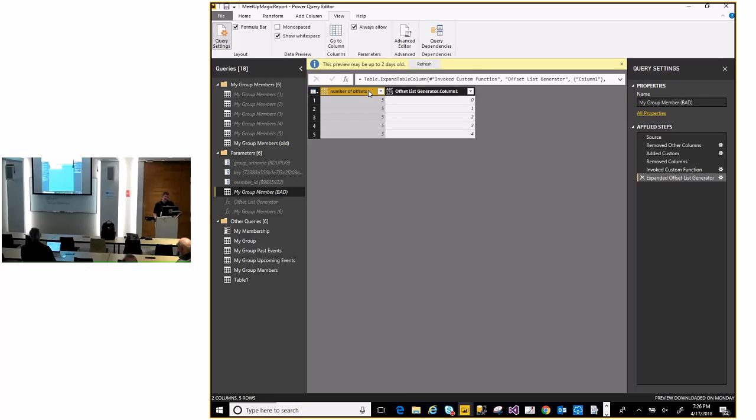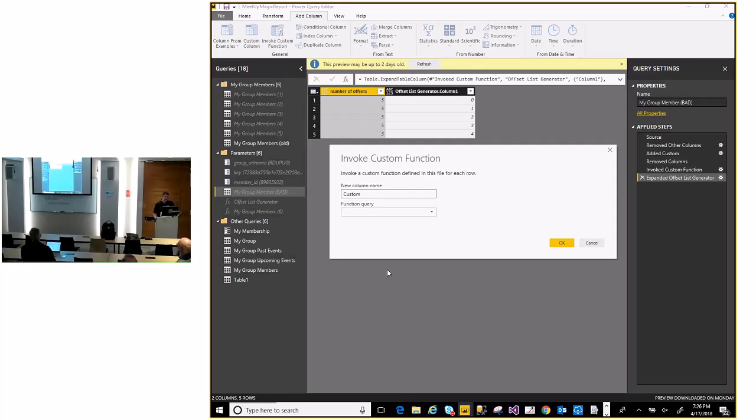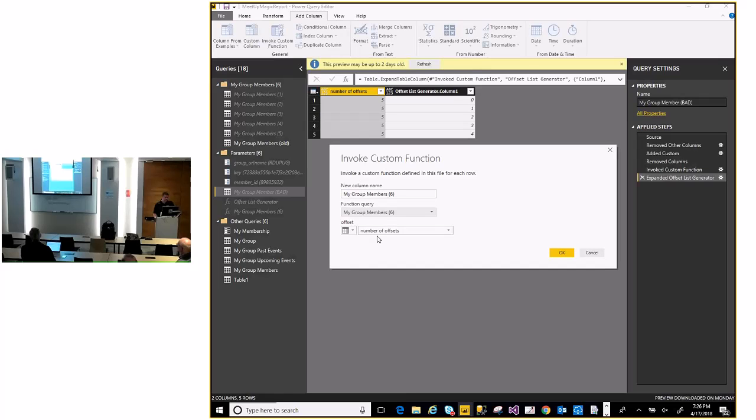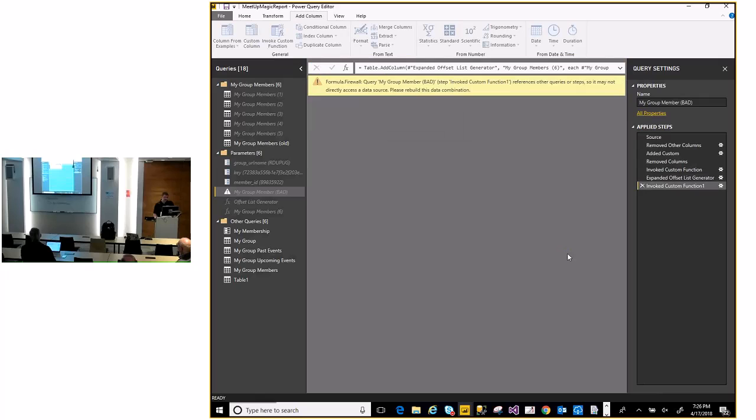Then I went to add a column, and I invoked a function, my user group function, and passed in my new column with my 0, 1, 2, 3, 4, and I click OK, and it says the reference other query steps. Okay, yeah, that's the same message I got. It was for an analysis services source instead of a JSON, so it might look a little different, but I think it's the same problem.